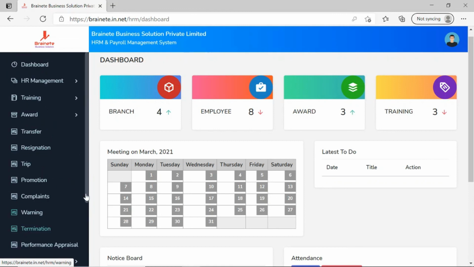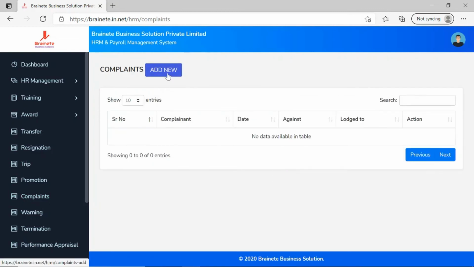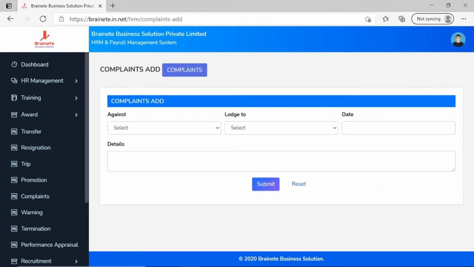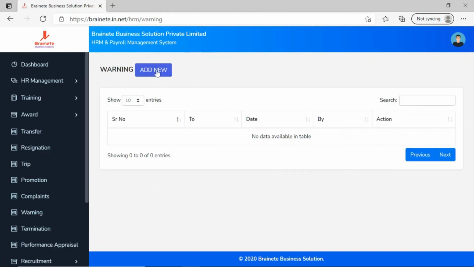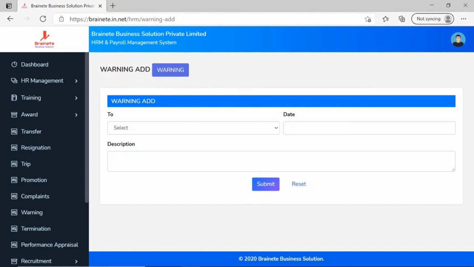Apart from the special permission given to them, every employee can see holidays, notice, meeting, training details and their assigned training. An award is given to them, award history, transfer, promotion, etc. They can lodge complaints against other employees from this section. Admin and reporting officer can give warning to the employees by this section. The warning is visible in this section.